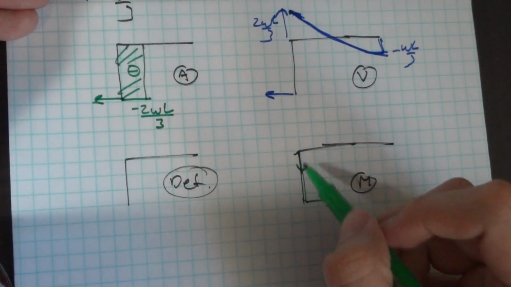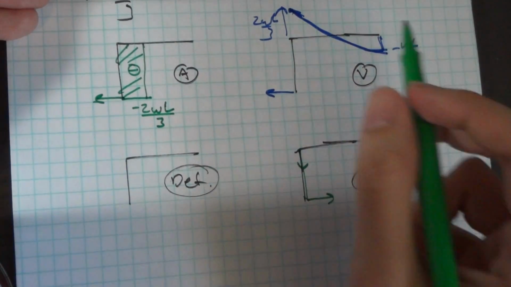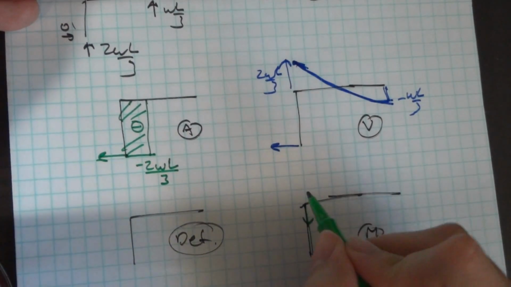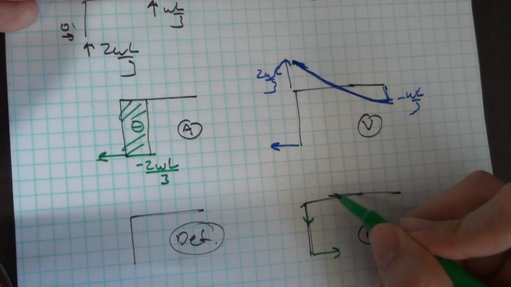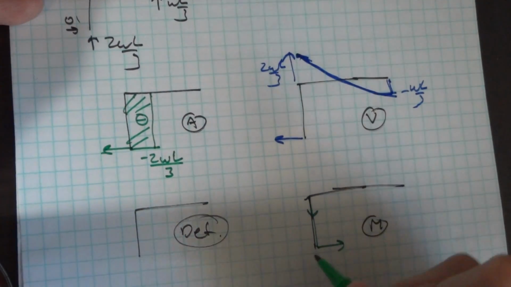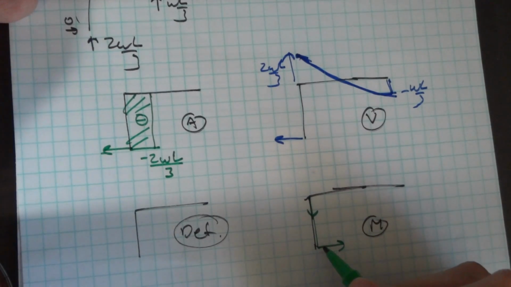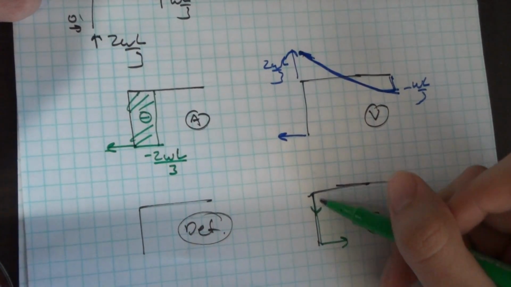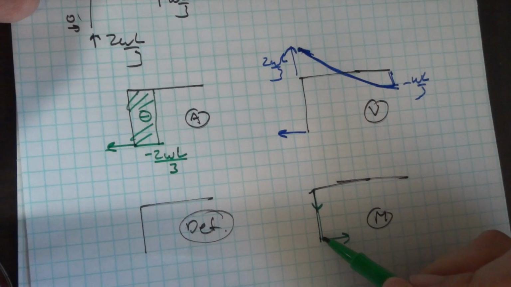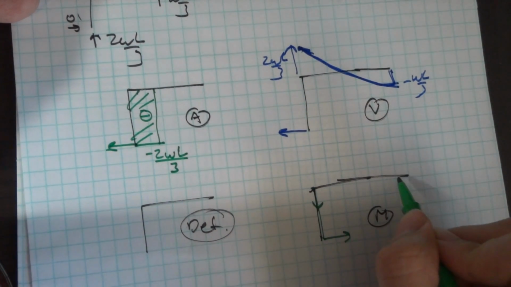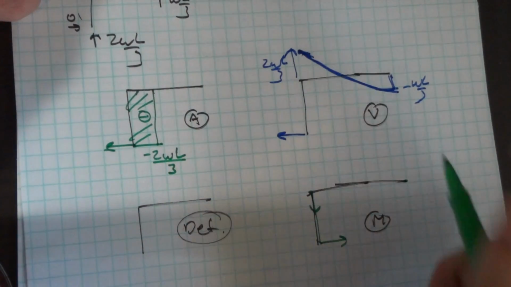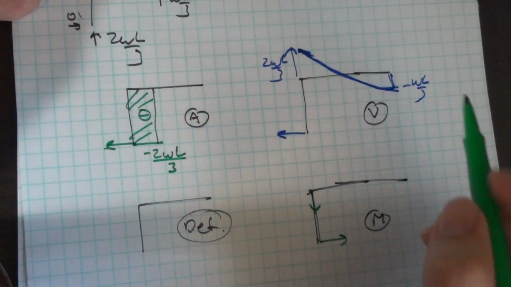I have no moment in this arm, so I'm going to ignore that one. Up here, my moment diagram for a frame, as I go around the corner, has to have the same value. So I started at 0 moment here because it's a pin. I have no shear in this section, therefore my change in moment is going to be 0. So I start off with 0 moment here. I have to end at 0 moment again at the very end. Therefore, if I'm looking at this section in here, what I'm going to see is that